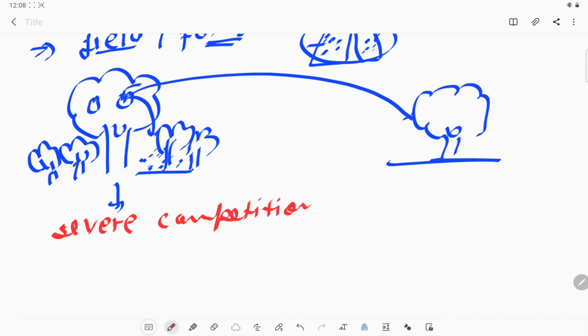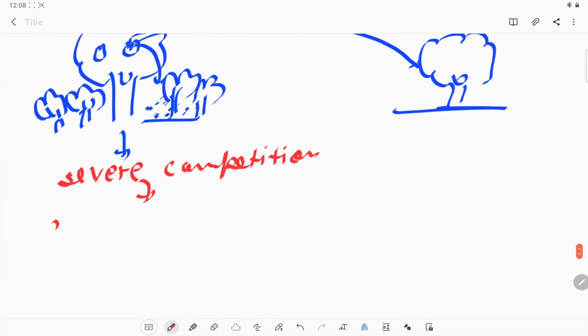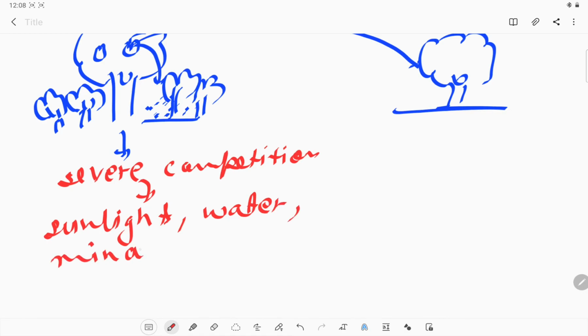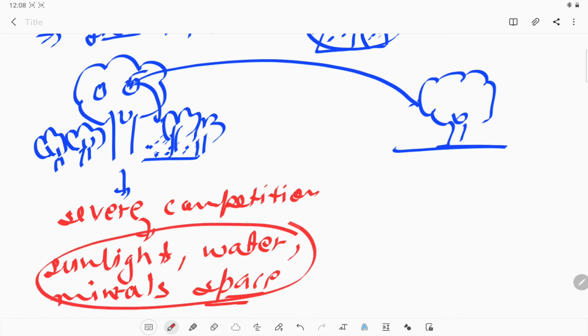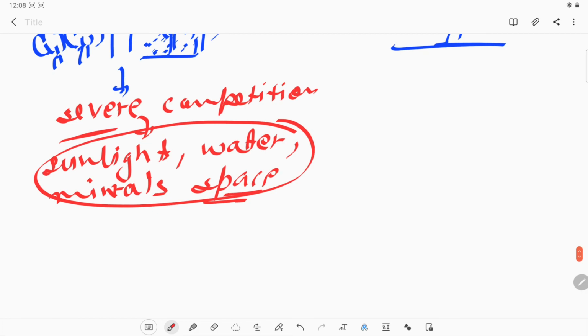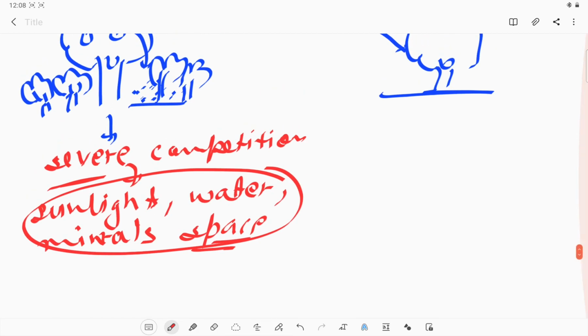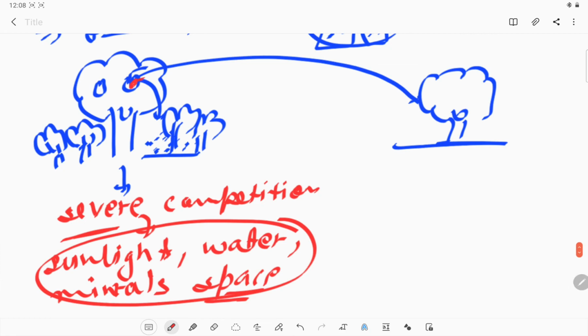Okay, so what kind of competition? Competition for light, the sunlight which we are getting, the water, the minerals, and the space which that plant requires. All these things they have to compete for with their own progeny to survive in that area. So to remove this competition, we need to take the seed from one place to another, where we can grow another progeny, which is good for the plant health also.